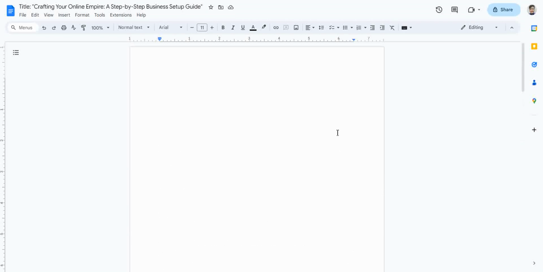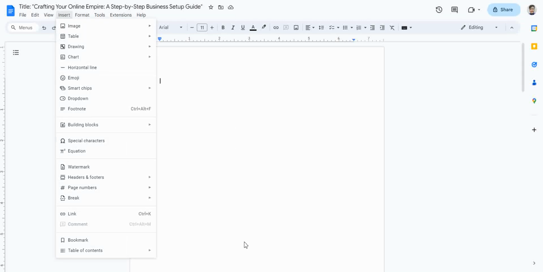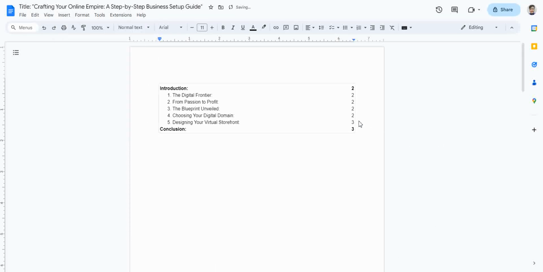Now the first page itself here, I'm going to insert the table of contents. It's relatively easy. Just go here, insert, and then choose table of contents. And you have 3 options in our latest Google Docs. We have plain text. Let's click on that. And as you can see, it has created our table of contents from introduction, the digital frontier from 1 to